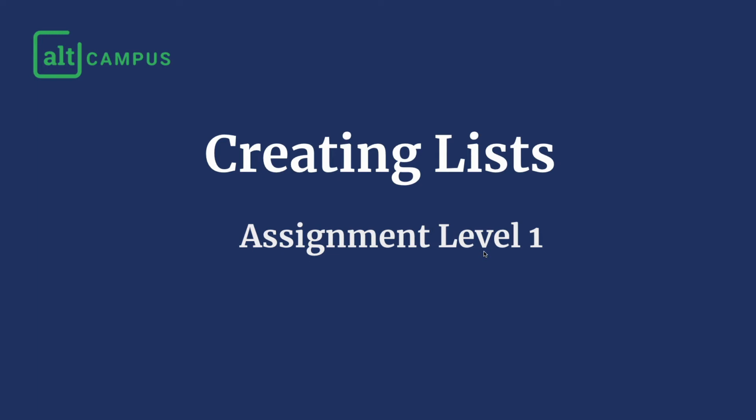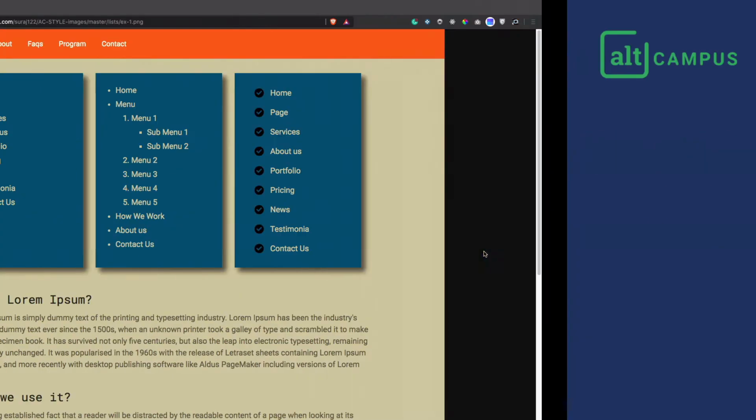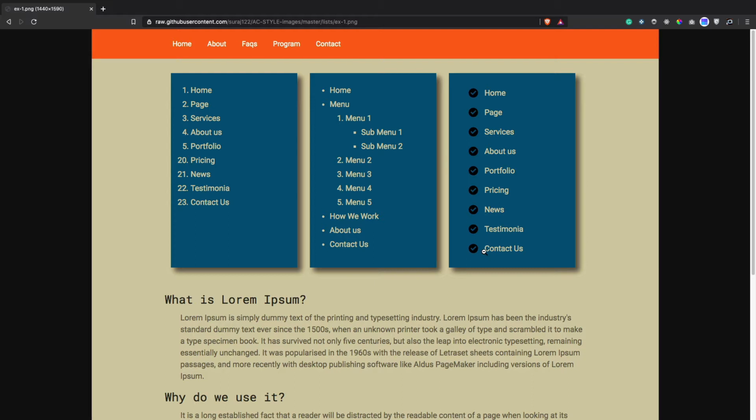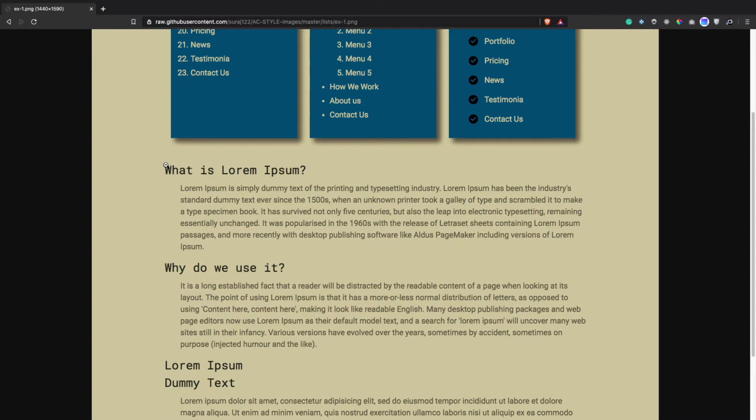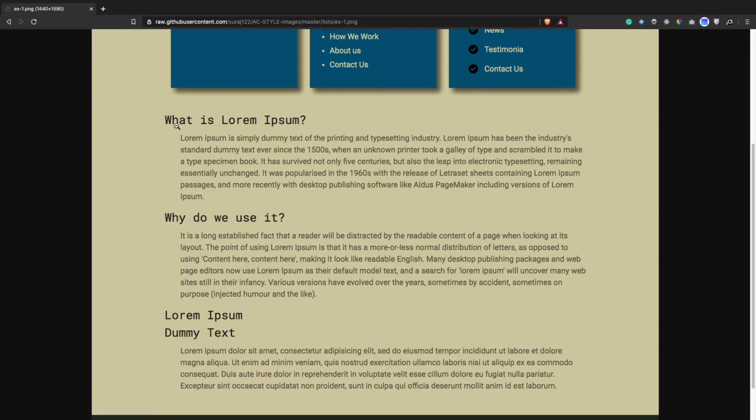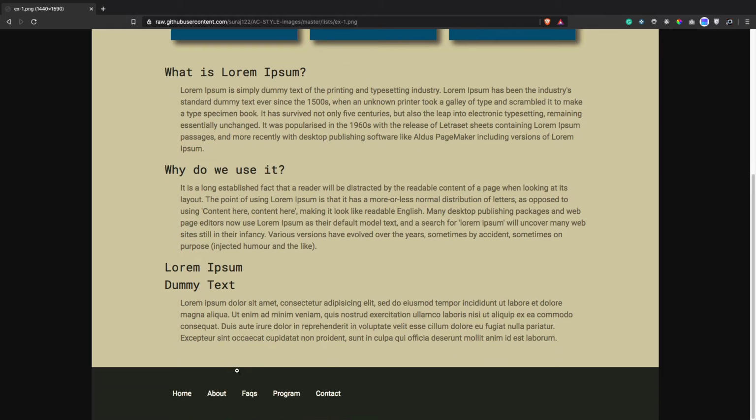Alright guys, so here we have our assignment level 1 in the creating list topic. Let's see what we have to create here. Inside this assignment we have to create this layout. Here at the top we have our header with some navigational links, and after that we have a few boxes. Inside the boxes we have different kinds of lists. Here we have a description list with different description terms and description definitions, and at the bottom we have